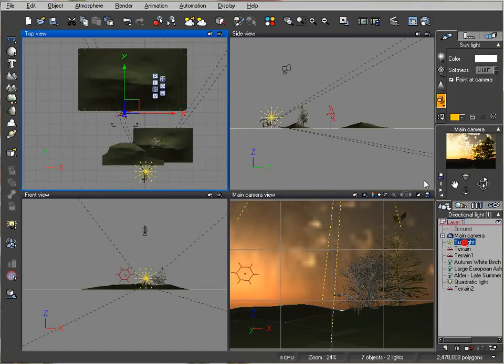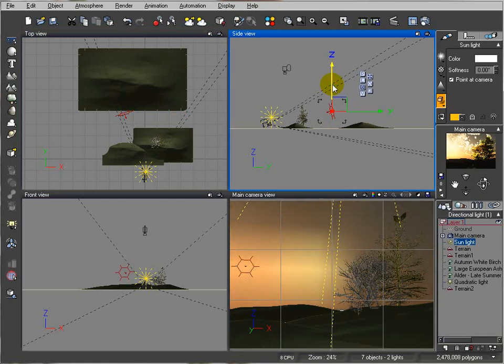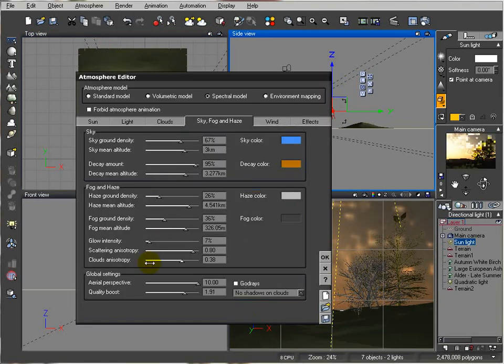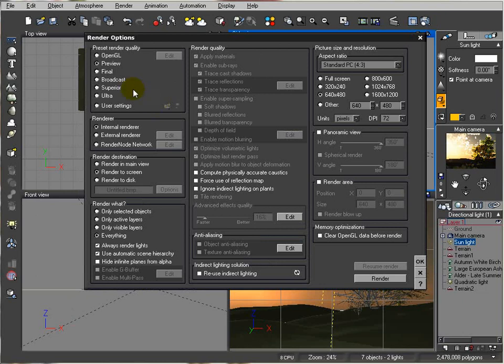Okay, let's go check our sun. Okay, atmosphere rating, we set light to global radiosity. Just pop up a little bit here. Increase the shadowing, so we'll have it better on the trees. And we are ready actually for final render. So let's click final render